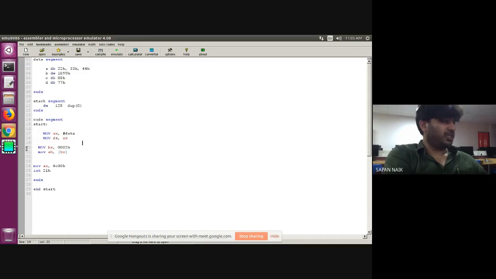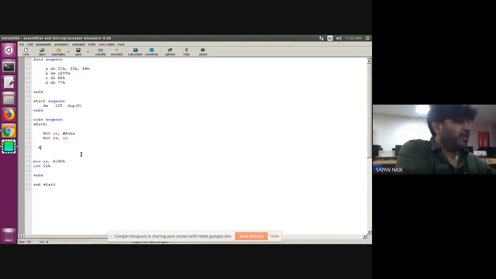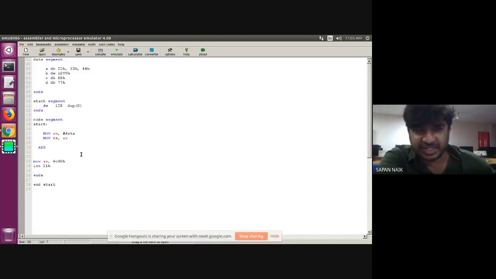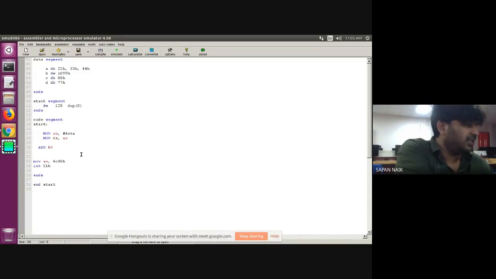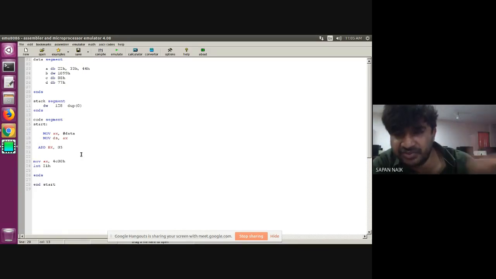Now one more instruction is there, called ADD. What does the ADD instruction do? It will add the numbers. Suppose ADD BX, 05. What happens? It will add the decimal number 5 into my BX register. And the answer will be stored automatically into BX.